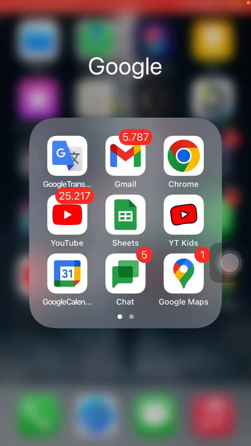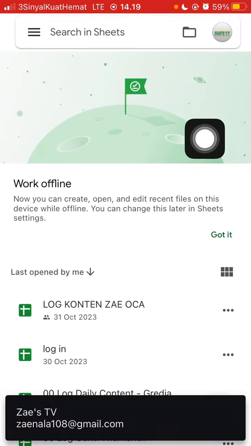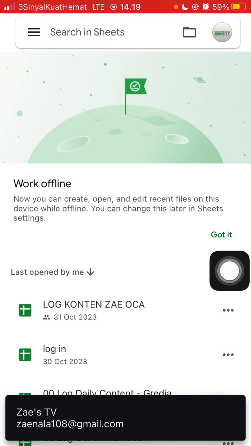In this simple video, I'm gonna show you how you can create a spreadsheet. So I'm going to open the sheet. You can download the sheet or spreadsheet apps on the Google Play Store or App Store, and after that you are just going to open it. Alright, so you can